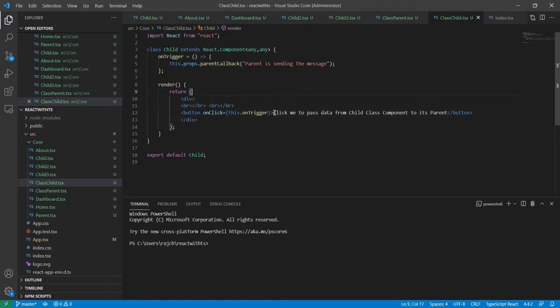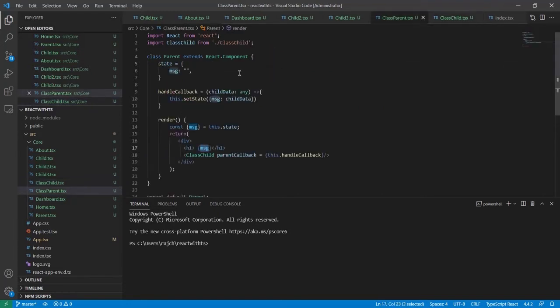Basically this is the button. Okay, and on click of this button I am calling this method here, on trigger, and it will trigger this message and send it to the parent class. Okay, and now in the parent class I am displaying the message MSG, whatever I am receiving from the child.